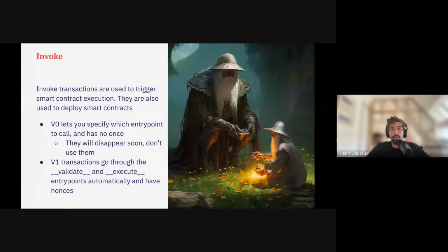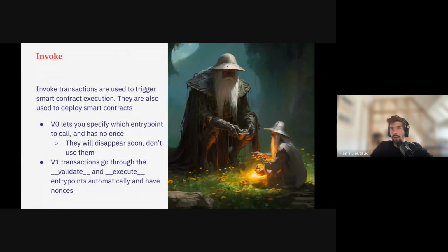They are also used for smart contract deployment. Deployment of smart contracts on Starknet is not done through a specific kind of transaction like on Ethereum. It is done through the use of a specific syscall inside a smart contract. So think of it this way: if you're familiar with Ethereum, if you want to create a new smart contract on Ethereum, you have two options. Either you send a transaction with a specific field in the transaction format, or you call a smart contract that has a factory that deploys another smart contract. On Starknet, there's only the second option.